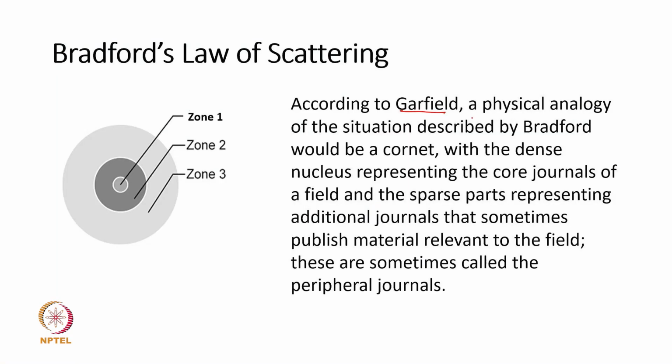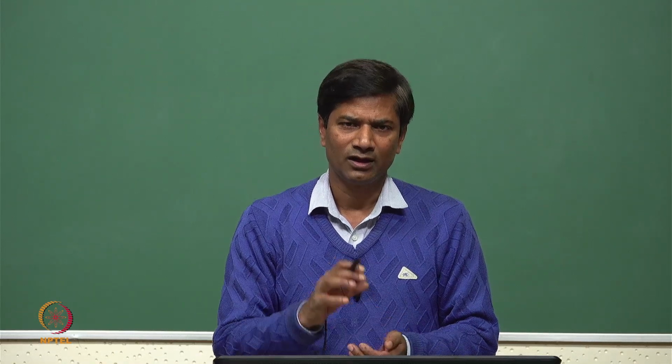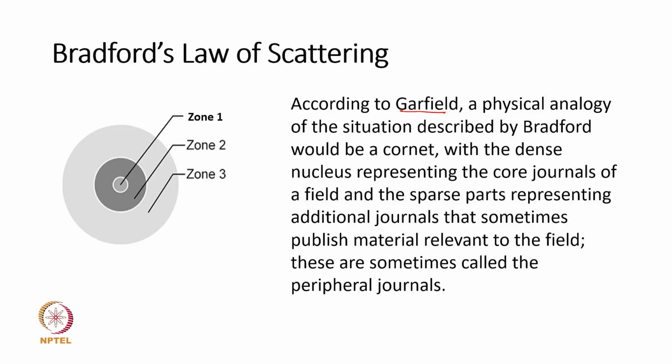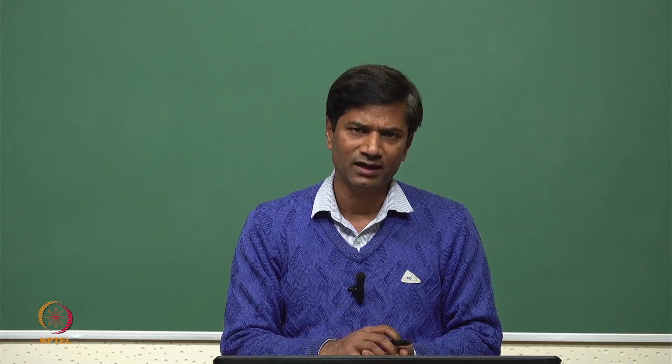Garfield, basically, when he studied Bradford's law, made a physical analogy of the situation described by Bradford. It would be like a comet with a dense nucleus representing the core journals, the maximum number of journals for that particular subject, and sparse parts representing the additional journals that sometimes publish material relevant to the field, and these are known as the periphery. In Garfield's analogy, we can say that